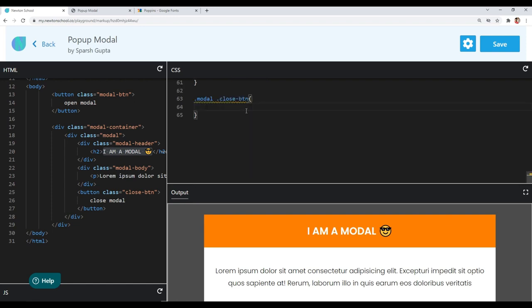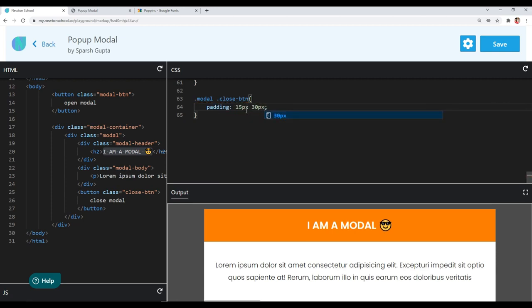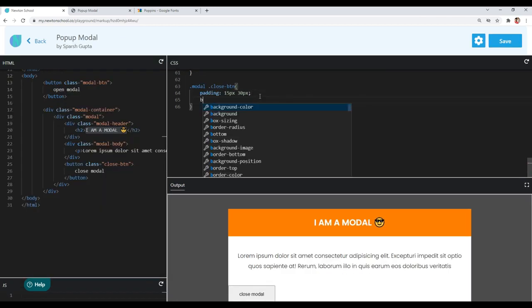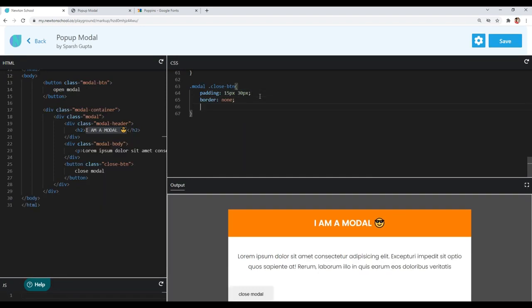First of all, I will give some spacing inside it. So I will use padding and I want 15 pixel from top and bottom and 30 pixel from left and right. I don't want any border, so I will give none to our border property. I will give it a background color of hashtag #FF7A00 and as I told you, button elements do not inherit font family, so I will use inherit keyword in the font family,